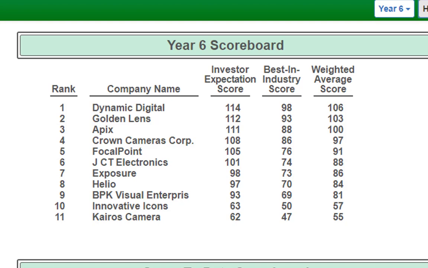And then we go all the way to the bottom, and then we have Team K ranked number 11. The concerning point to me, and not only Team K, but Team I, Innovative Icons, is they're at 55 and 57. You see the gap between 9 and 10, 81 to 57. So to me, if I was just glancing at the scoreboard and wondering who's on the right track, I would